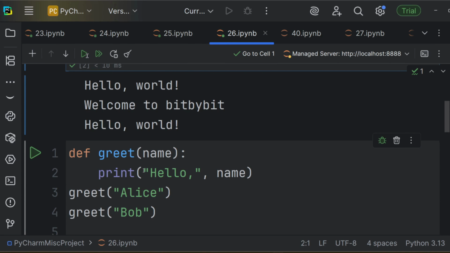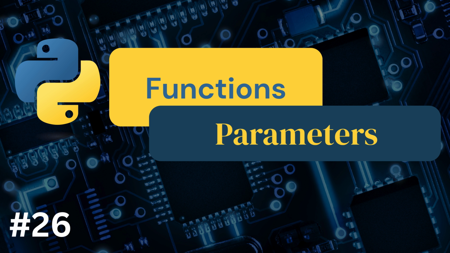Now, why do we even use functions? Functions help you avoid repetition, organize your code, and reduce bugs. Think of them as the building blocks of bigger programs. Instead of scrolling through 300 lines of code, you can write and reuse compact, focused functions.